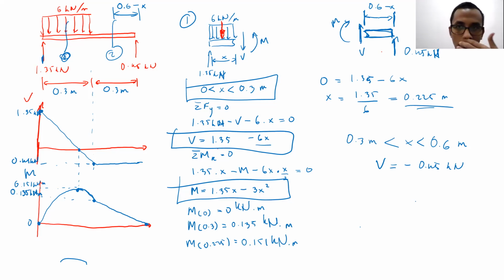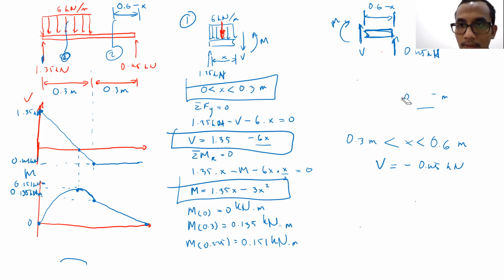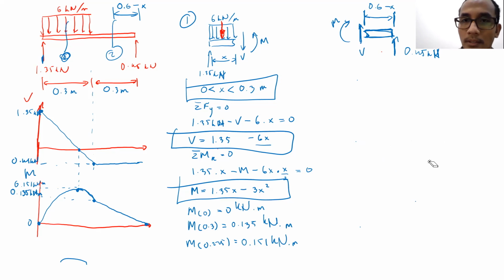Okay, now let's check again. I think I will just wipe this one down. From 0.3 meters to 0.6 meters, V is equal to minus 0.45 kilonewton. Now, for the moment,